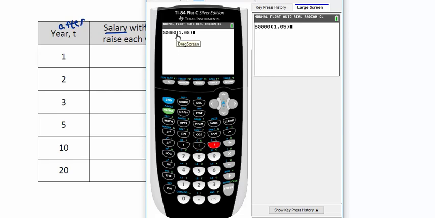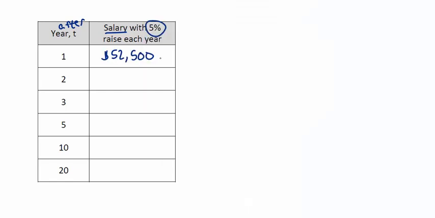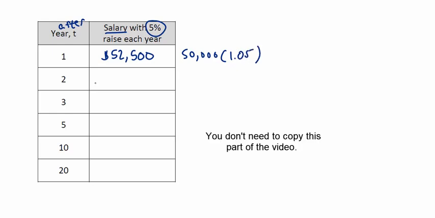Knowing that there's implied multiplication here, pressing enter, I find that Tristan's salary is $52,500, which turns out to be exactly what Tristan's salary was after 1 year in the previous job offer. So this was his salary after one raise of 5%, and we got that number by taking 50,000 and multiplying by 1.05. So to find his salary after the second year, one way you could do that is to simply